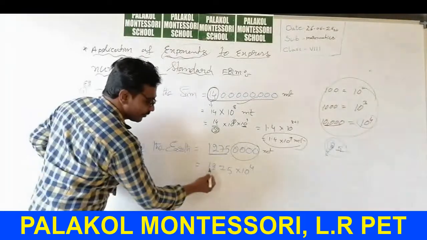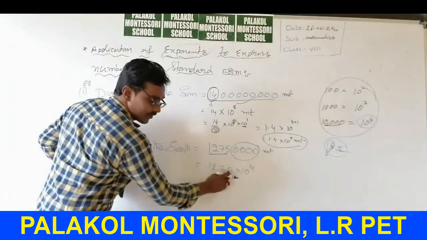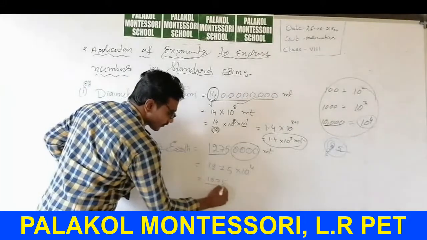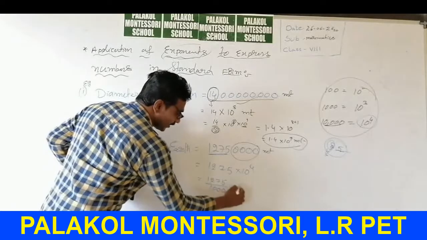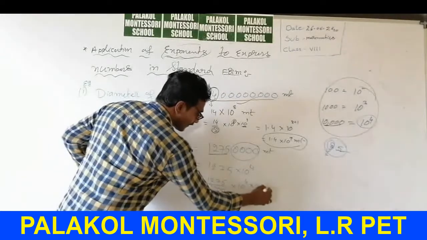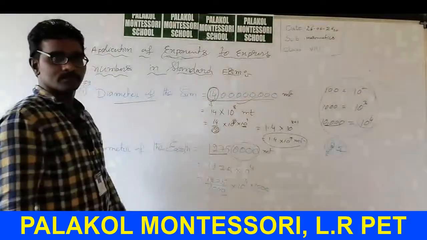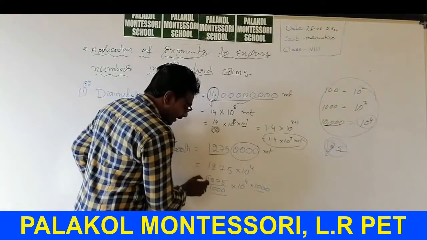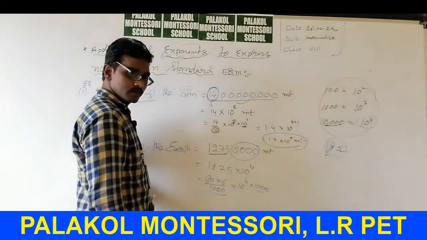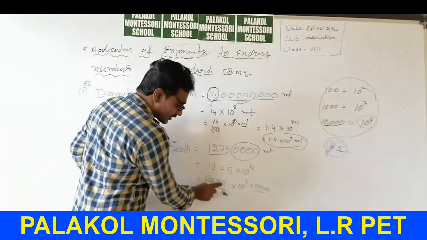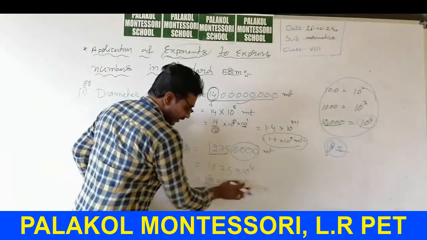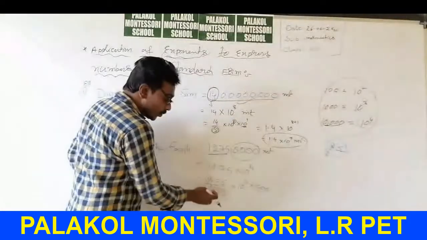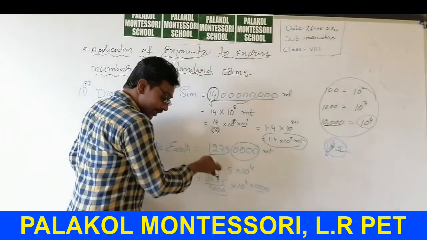See here, 1275. How to write that one? Simply, 1000 into 10 power of 4 into 1000. Why? Guys, in the integral part you have only one number. Here after the first digit, three numbers are there, so leave the 2, 5, 7, 5, three numbers are there. That's why divide by 1000. Here one new number is formed.